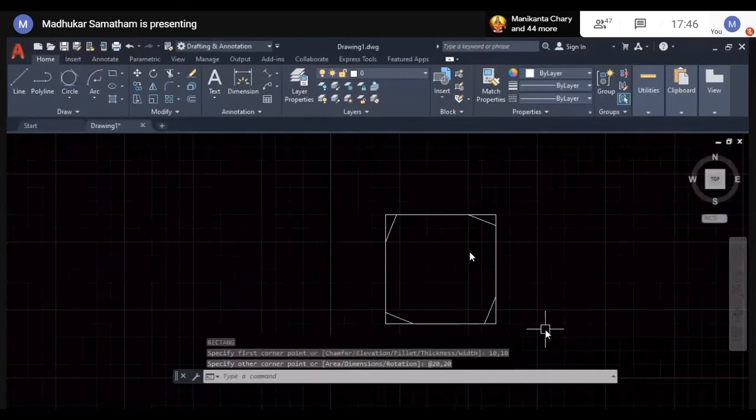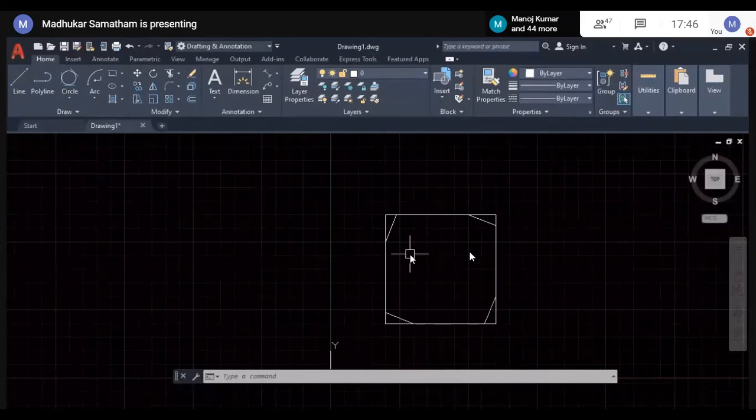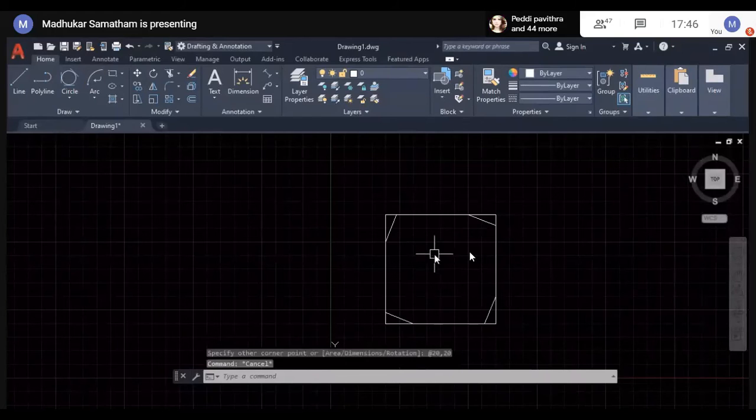Chamfered rectangle first we created, where we made the chamfer 0, 0. Then the exact rectangle is created without chamfers. If you want to remove those chamfer distances, by default every time we create a rectangle, it will take the chamfer distances. So for better practice, remove the chamfer distances, make it 0, 0 in the x-axis, y-axis. Now go for the rectangle. Same 10, 10.